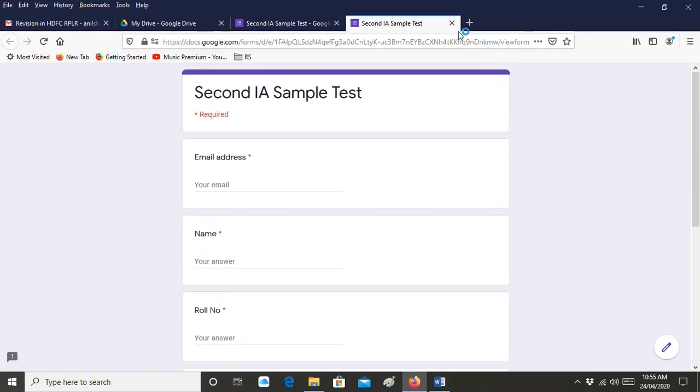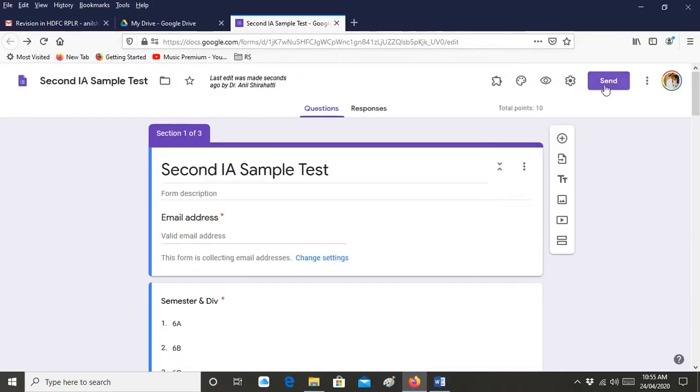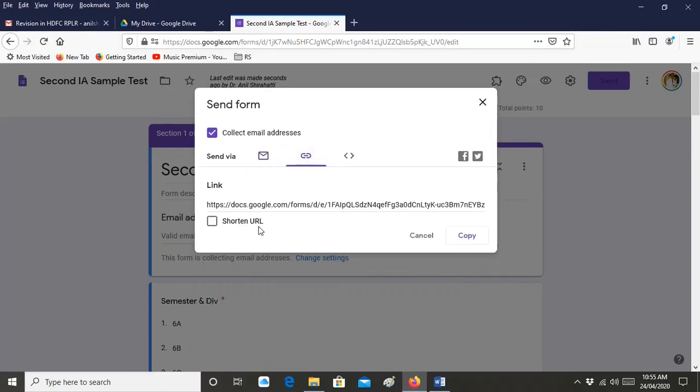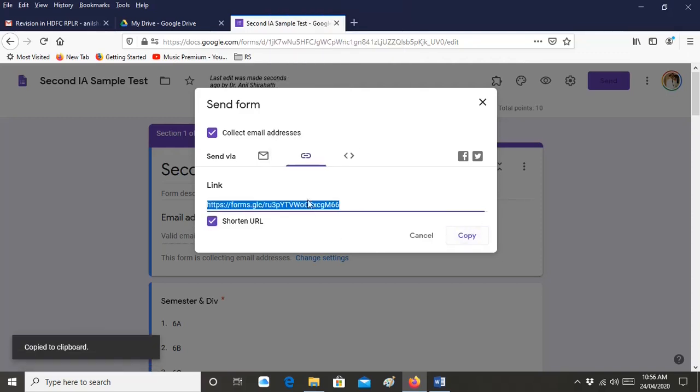After this you click send, go to the second option to get the link. Since the link is very big, you can shorten the link, then copy this link, and it can be sent to the respective students on your regular WhatsApp group.